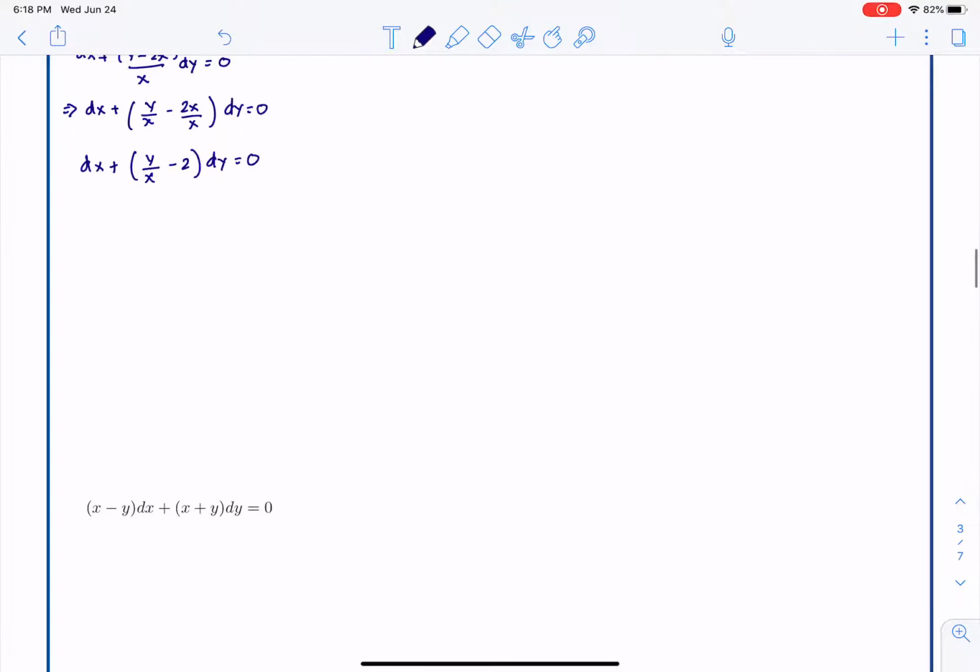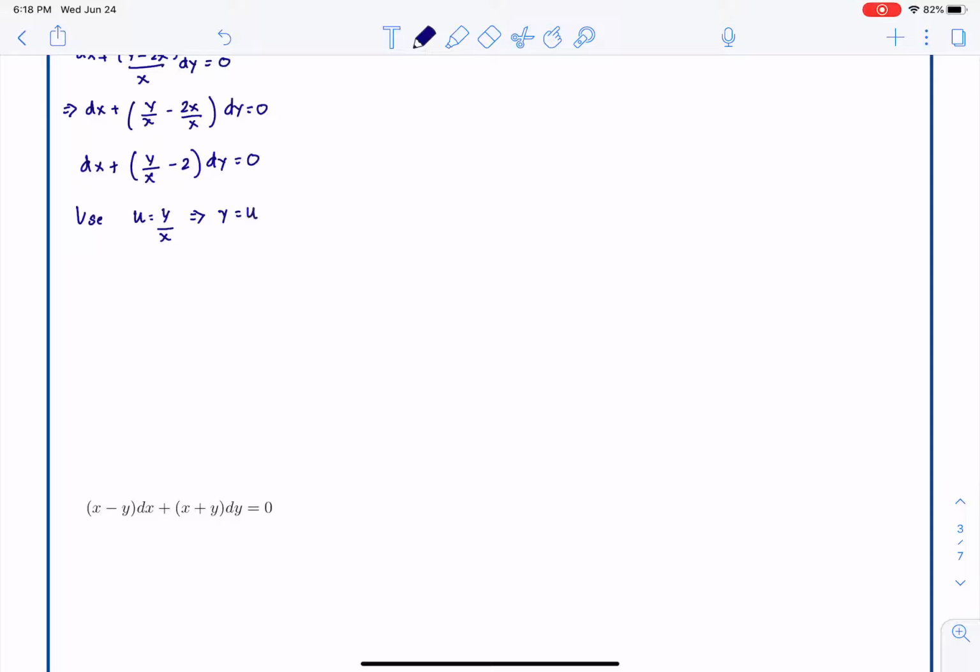And now I'm going to use the substitution. Keep in mind, I could either use x over y or y over x, and in this particular problem, y over x just popped out, so I'm just going to use u equals y over x,